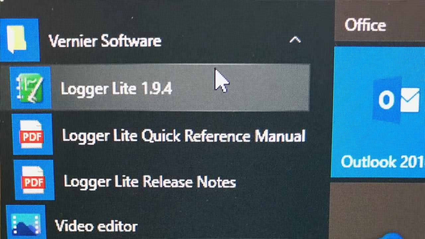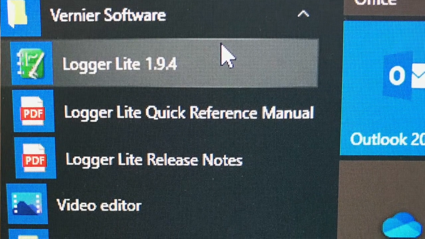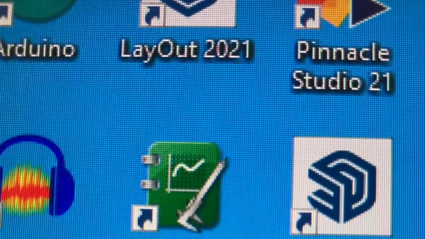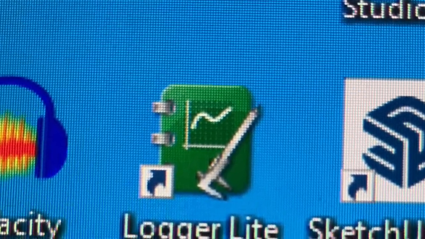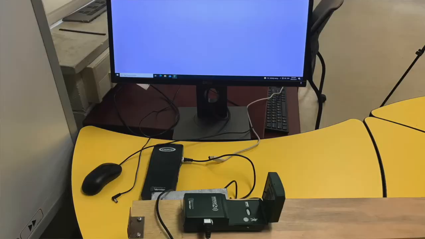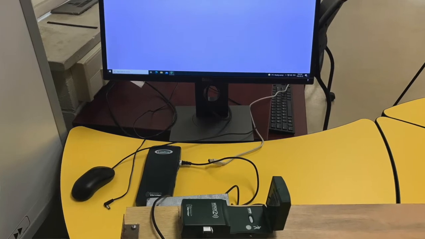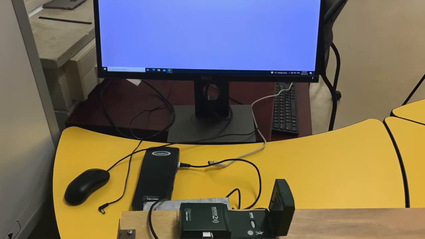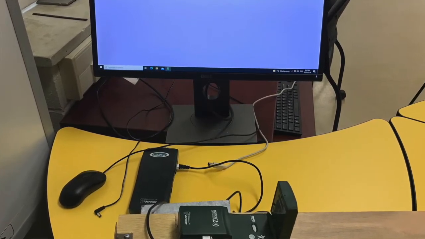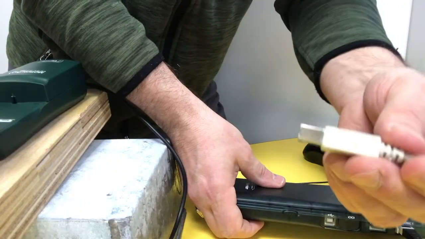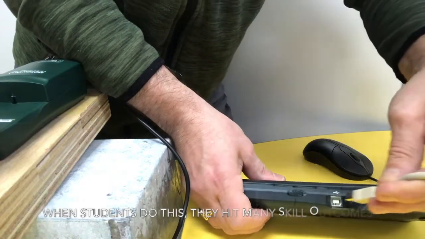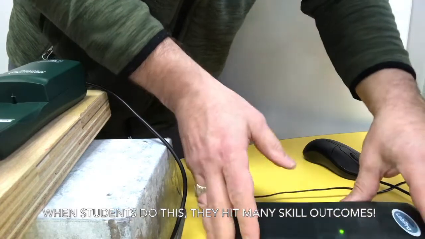So you've got to get your Logger Lite software set up and running on your computer before you actually plug your Lab Pro into the USB cord that goes to the computer. So there's a separate video for that I can show you again. When you're set up and running, you plug in,